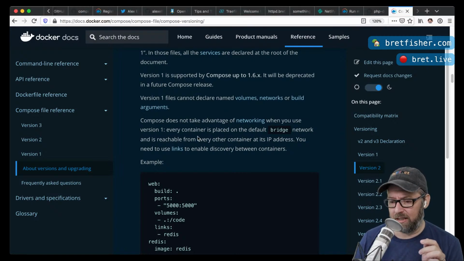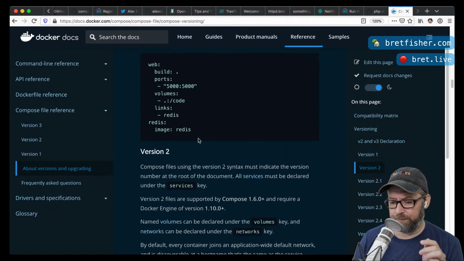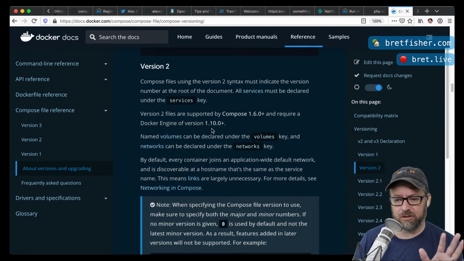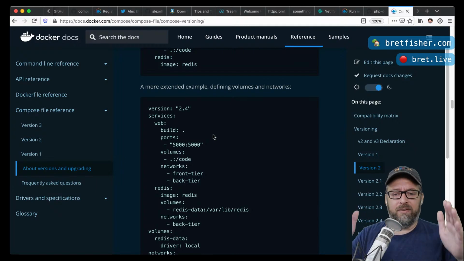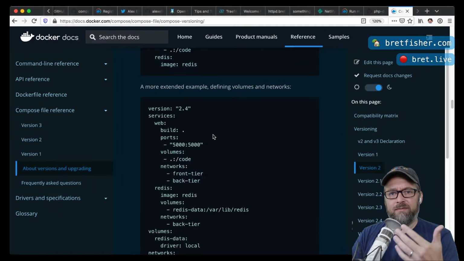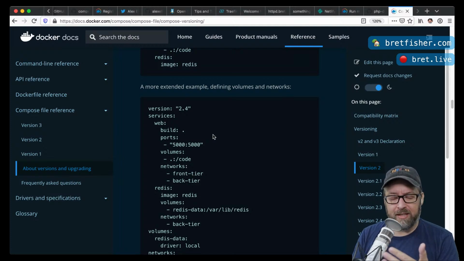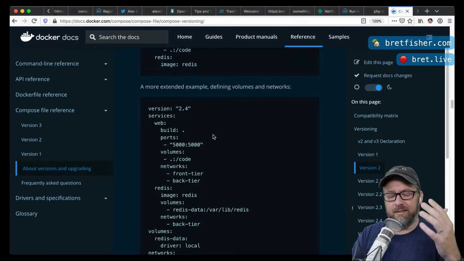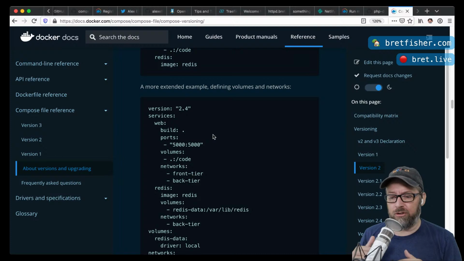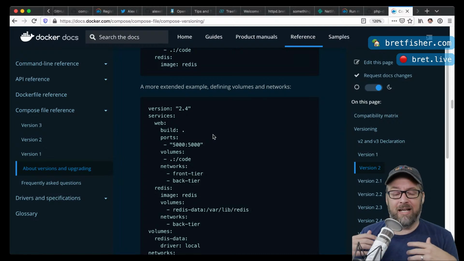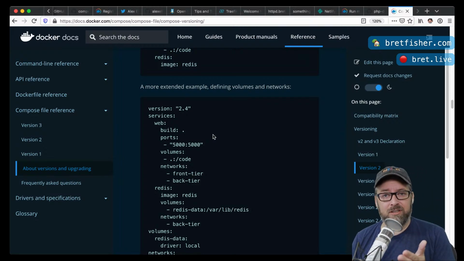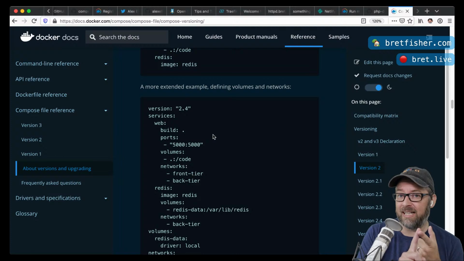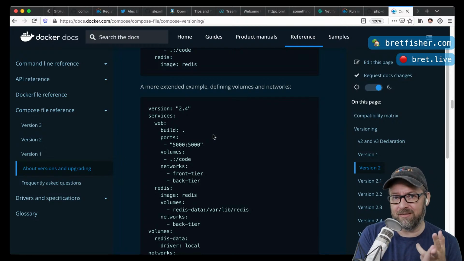It's not well organized. And it does talk a little bit about version 2 and the differences. The big problem with all of this versioning is that they created version 3 because of Swarm. They needed a multi-server concept, and the compose file previously in version 2 had no idea of what a multi-server setup was. It didn't have a deploy command or anything like that, a deploy object. So they added that in 3. The problem was they didn't bring every feature from 2 forward. They didn't bring extends. They didn't bring depends_on.